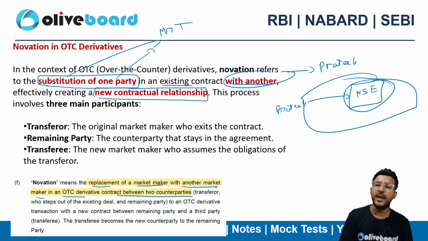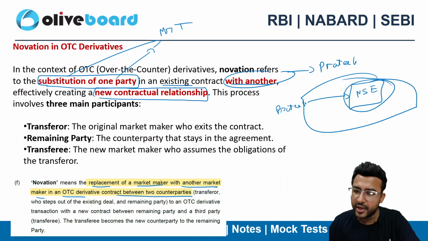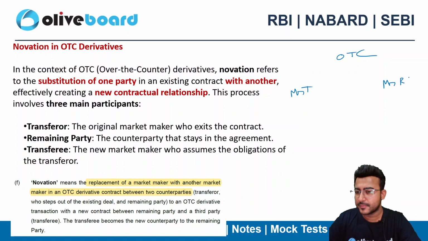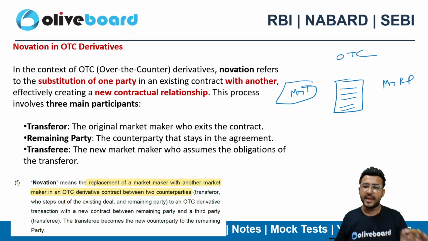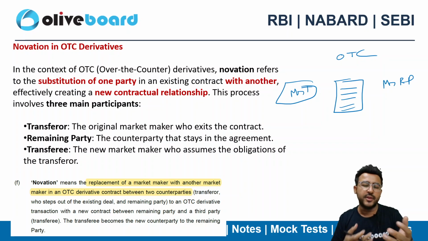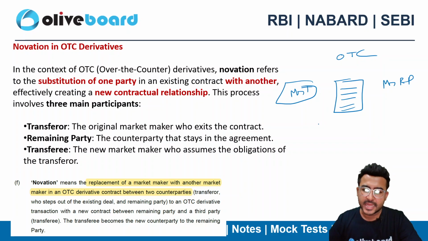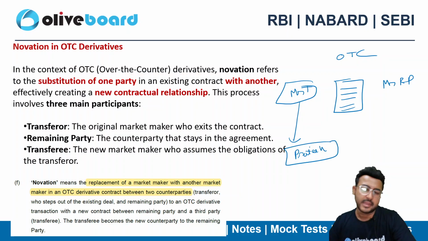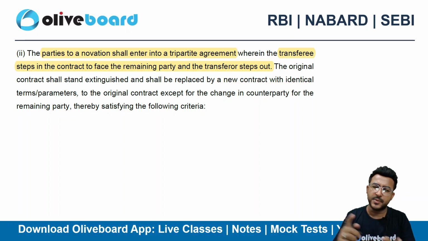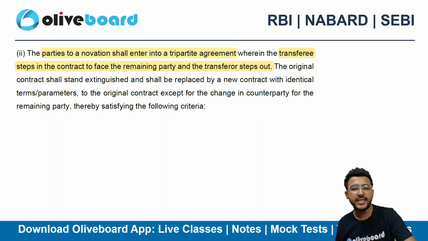Okay, I can directly sell my contract anytime because that's an exchange traded contract. But that's not the case with the OTC contract, which is over the counter. If Mr. T has entered into a contract with Mr. RP, Mr. T cannot, as per his own will, exit the contract anytime. That can happen only via mutual consent, right? So that's nothing but novation, when one party exits the contract and a new party enters the contract. And it can happen only in an OTC contract, never in the exchange traded contract. That's why this particular draft circular is applicable only to the OTC contract.